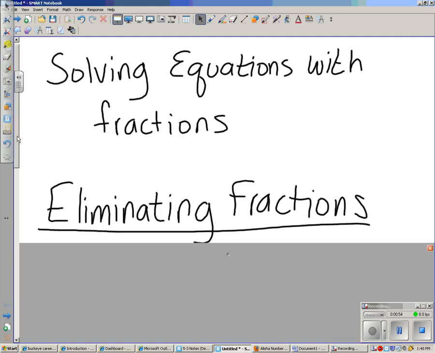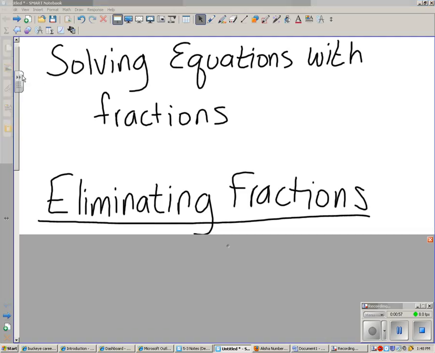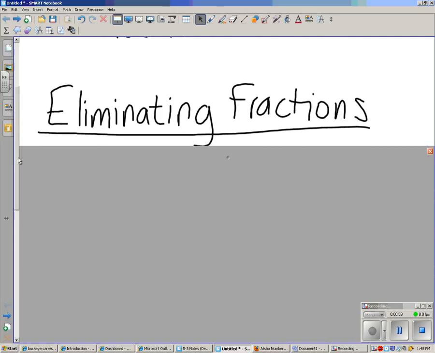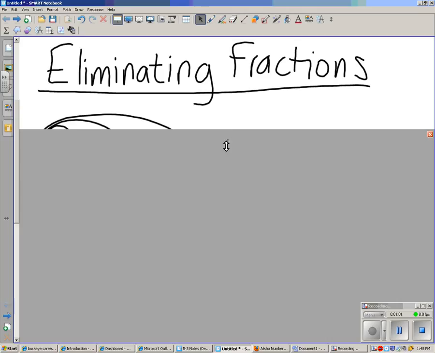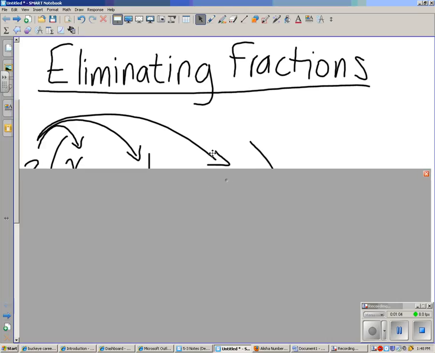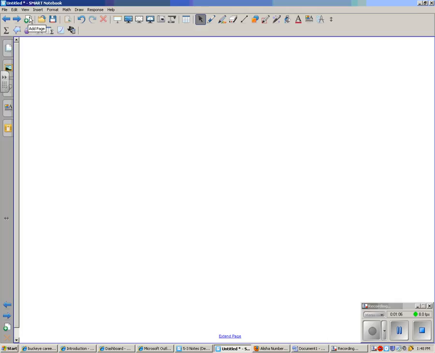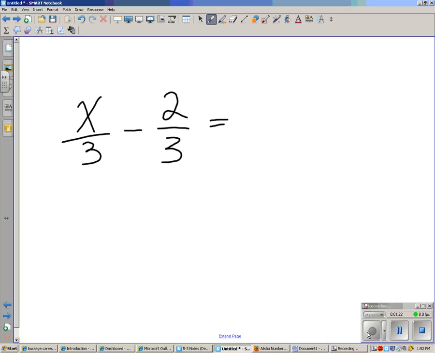Now, I should probably do new examples. I'm going to do new examples. Suppose I have something that looks like this. Suppose I have x over 3 minus 2 over 3 equals 17. Okay? Now, I could